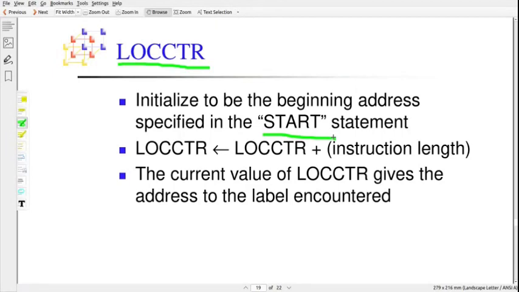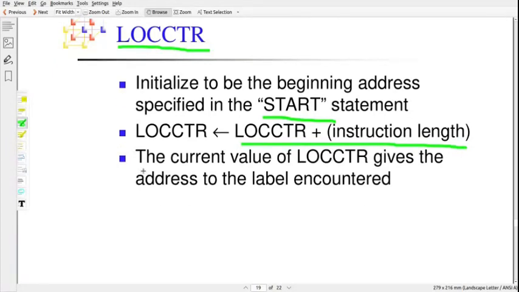That address is used to initialize the location counter, and the location counter will be incremented using this equation: the location counter value plus the instruction length. Whenever we read a new instruction, its instruction length in bytes is added to the existing value of the location counter, and then you will get a new location counter.